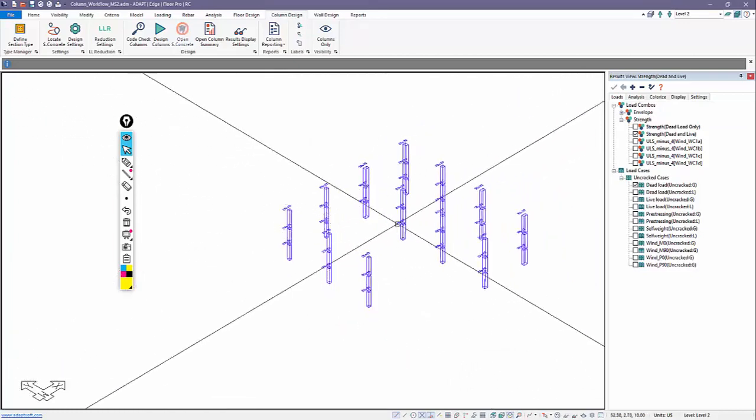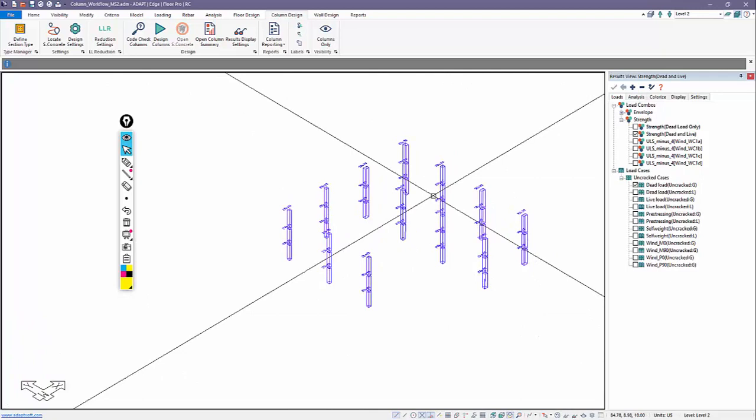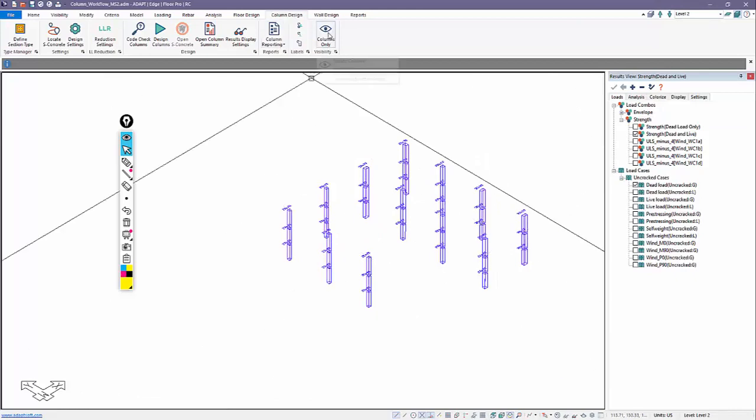Now typically we would assign all columns to a group or individual groups if we wanted to design them. That's something that you must do in order to design or code check the columns. I'll come back over here to all columns,